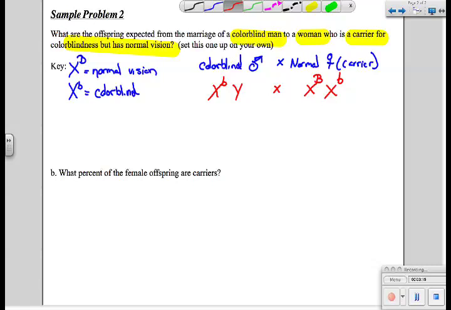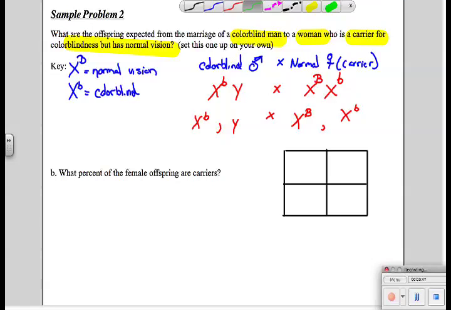Now let's write out our possible gametes. The sex chromosomes segregate during meiosis so that the sperm either contain X with the colorblind allele or a Y chromosome. For the female, her eggs either contain the dominant normal vision allele or the recessive colorblind allele, one or the other. Now I want to see what the offspring look like, so I need to